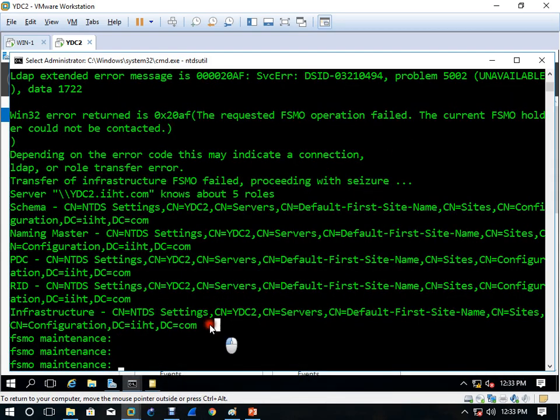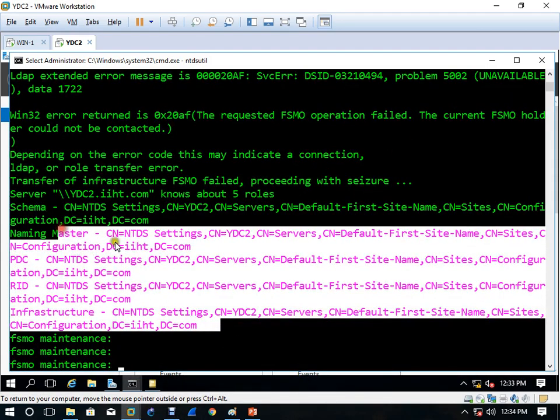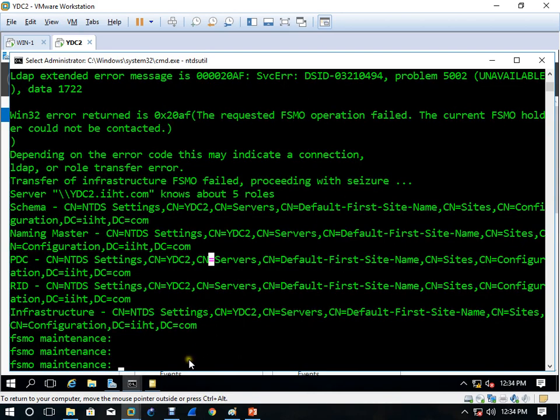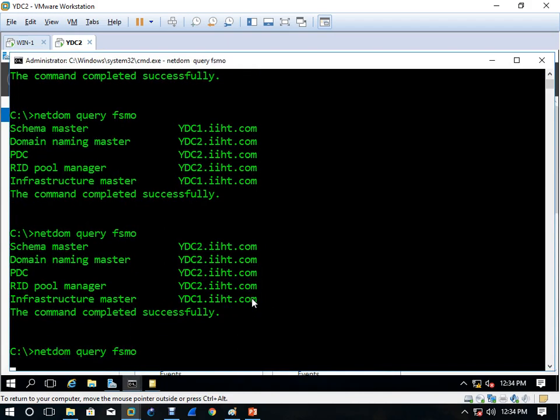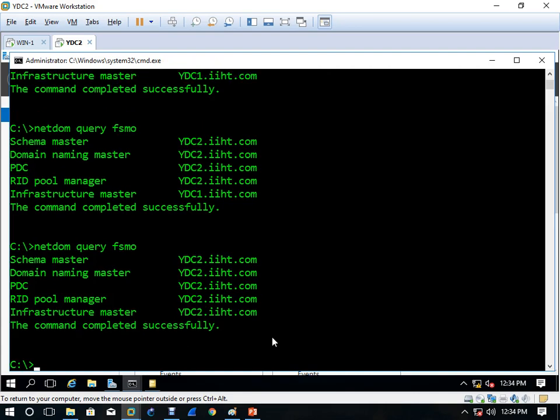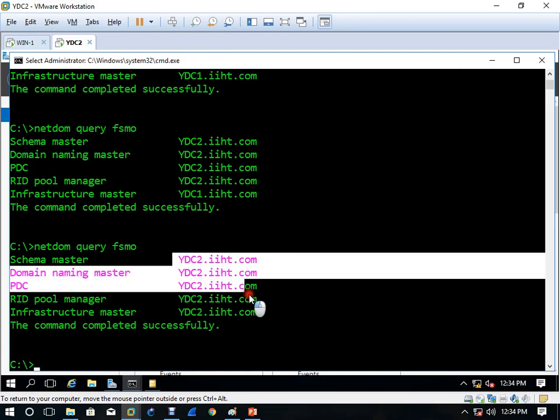So now this one has also been transferred, right? When it has been transferred, come here and see, all the roles have been transferred.